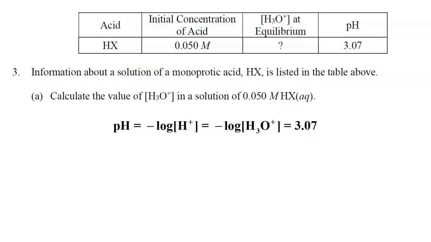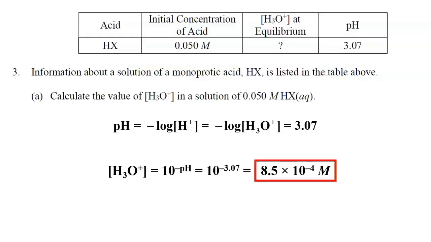So therefore, the opposite of negative log is 10 to the minus something. So 10 to the minus pH, or in this case, 10 to the minus 3.07, gives us the concentration of the hydronium ion. So when we do 10 to the minus 3.07, we get 8.5 times 10 to the negative